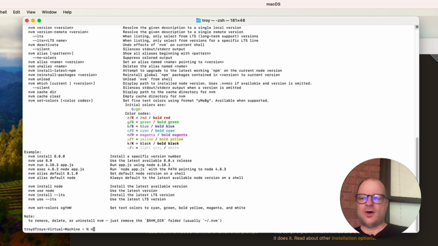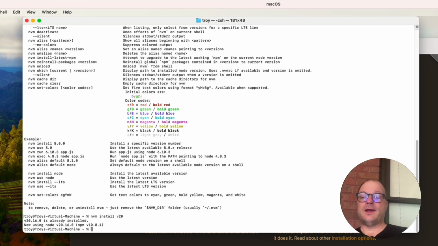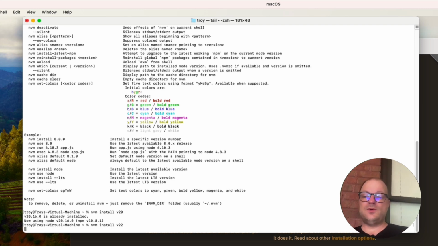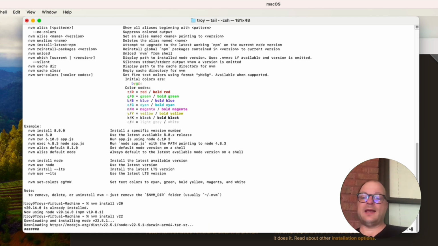We need to install, as I mentioned earlier, the different versions. We need to install the version that we want. So I'm going to do version 20. NVM install 20. All right, I already have it installed. You may not; if not, it'll add it for you. So if I wanted to install version 22, I could do that, and it's installing version 22, but version 20